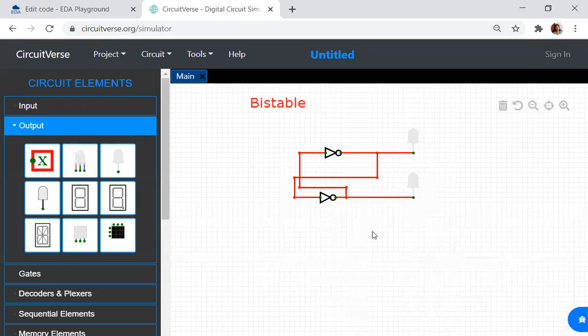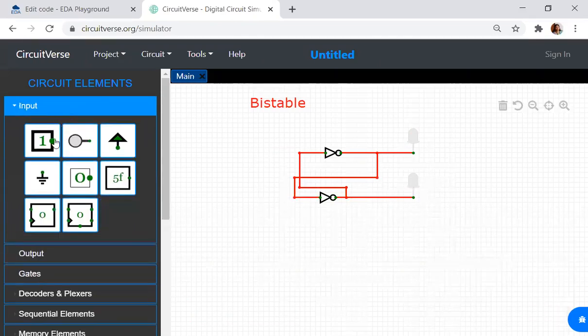In such cases, if I have to store a 1 indefinitely, I have to make this 1, connect it, and permanently a 1 will be stored. NOT of 1 is 0, and I cannot change this back to 0. If I have to change this back to 0, I have to reset the circuit.